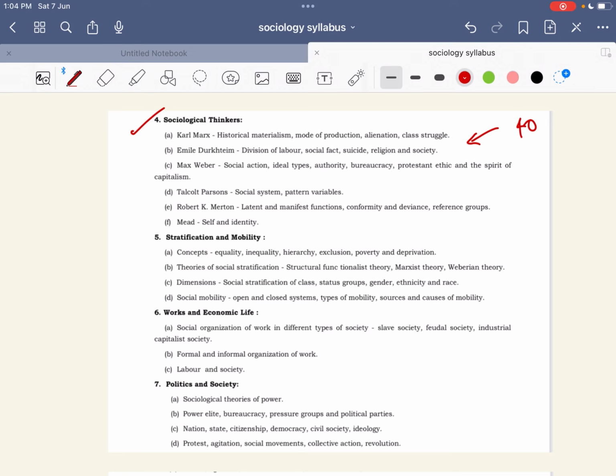If you understand this, you can score very good marks, and I guarantee if you understand sociological thinkers very well, you can score 300 plus marks in this paper. Paper 1 and paper 2 together comprise 500 marks, obviously. But our aim should be to get a maximum of 350, which is very good marks combined for both papers I am telling. But if you get 400 marks also, that is a very good thing.